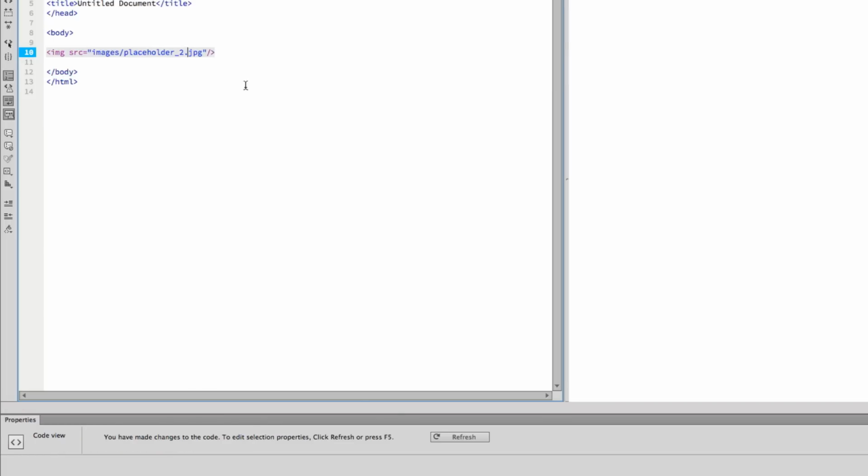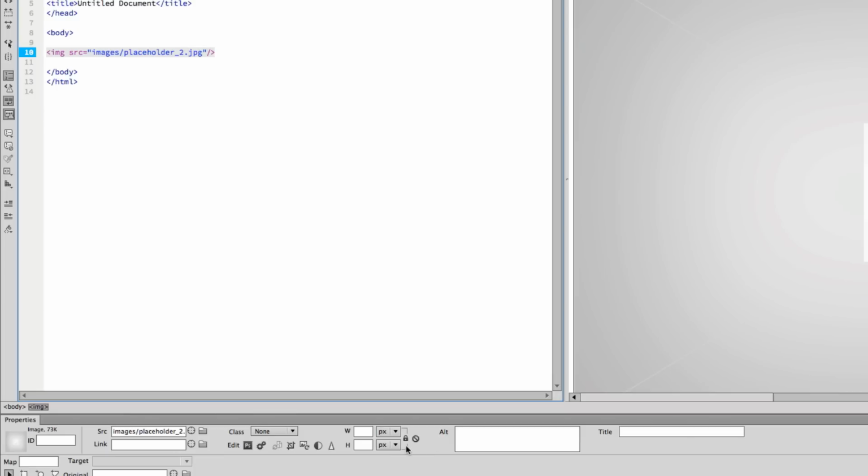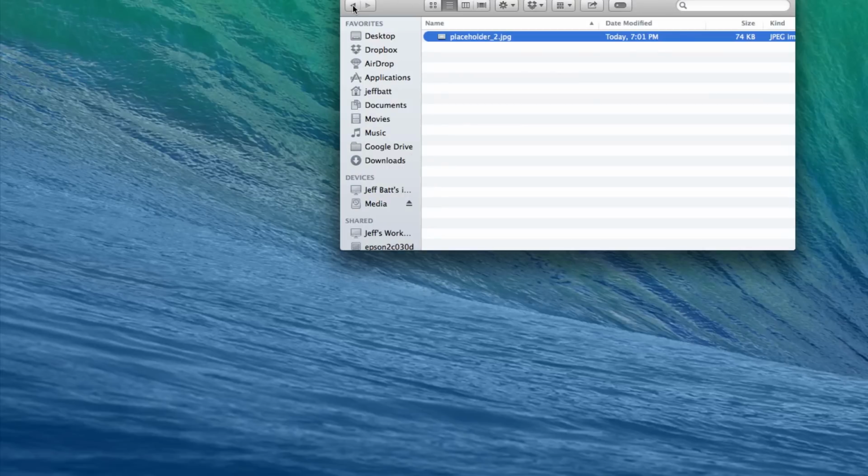Typically when you have an image, you'll have a width and a height. Now I'm going to select that, and it automatically adds the width and height down at the bottom. I selected the little cross out, and that reset to the original height and width. Now if I was to save this, let's go ahead and hide that, come back into my folder,